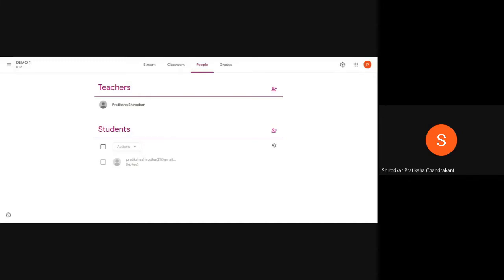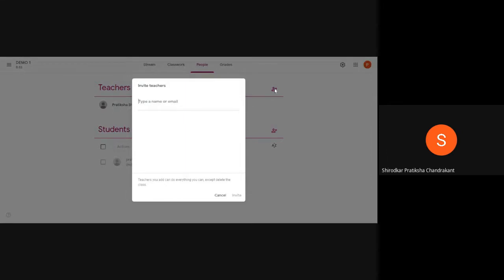So I'm in the process of joining the class. So I've selected the account with which I'll join the class. So now it will take some time. Till then, we can just see how we can add teachers. In the similar way, we can go to the teachers section here, and if you all can see the symbol here, same thing you need to do. You just need to click there in order to invite teachers.